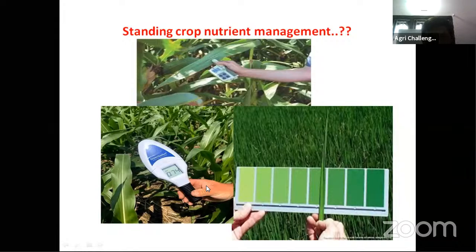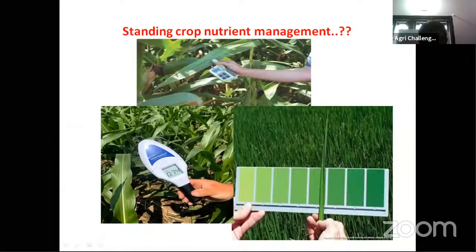Many companies are now doing research on that for practical or commercial utilization. So this is the next future of nutrient management. In Western countries these are already used at the farmer field level, but in Indian conditions not yet.